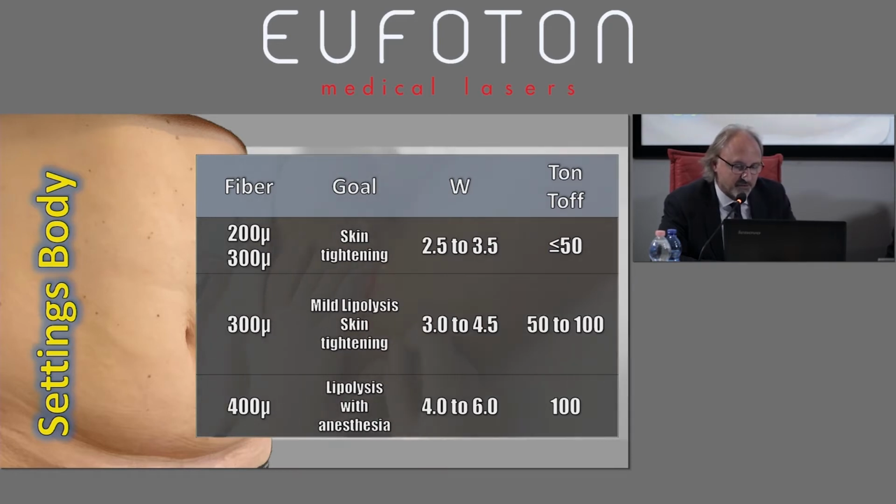I use and I suggest the 300 micron fiber from 2.5 to 3.5 watts, T-on lower than 50. If we just speak of skin tightening, very often for the body we need some lipolysis. So T-on up to 50 and even 100 milliseconds with a 400 micron cannula. I always use some local anesthesia,